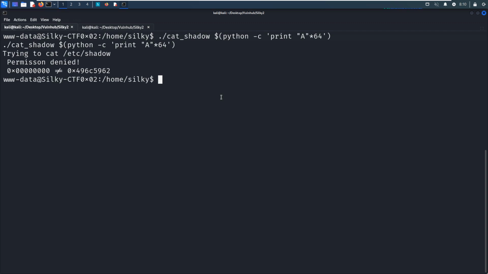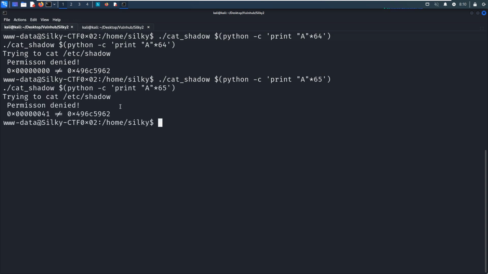So how about 65? As you can see, from this location, from 64 bytes, the memory location can be overflowed by our data.